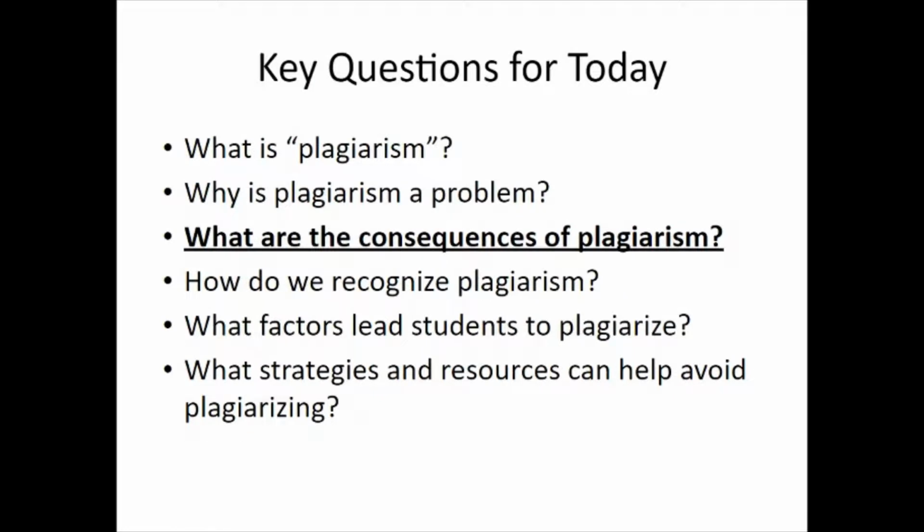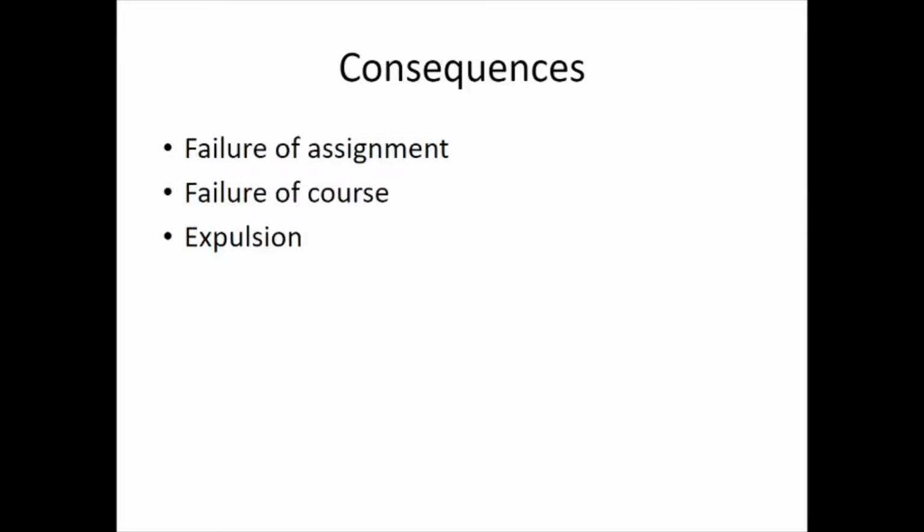So what are some of the consequences of plagiarism? Really briefly, plagiarism can result in anything from failure of an assignment to failure of a course to expulsion, depending on a university or its policies. But at bare minimum, you're likely looking at something like the failure of a particular assignment. And that can be significant, and that can accrue over time. And of course, issues of plagiarism get reported to your dean and can have longer lasting consequences as well.